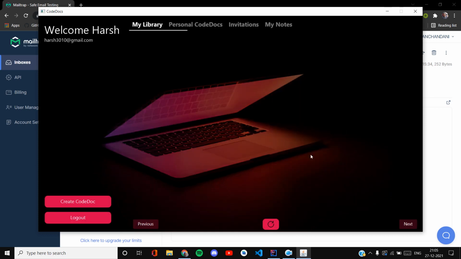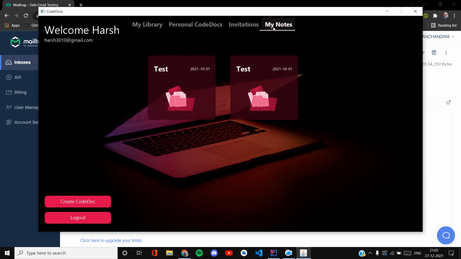Okay, so when we log in, it brings me to this main screen where it says welcome Harsh along with my email address, then a create code doc button and a logout button, previous next button and a refresh button in the middle. And here we have different navigation tabs: my library for displaying all the code docs which I have created or I have access to, personal code docs having a list of code docs which were created by me, invitations if any user has sent me invitations for inviting me to edit their code doc or just having access to view their code doc, and the notes which I have created.